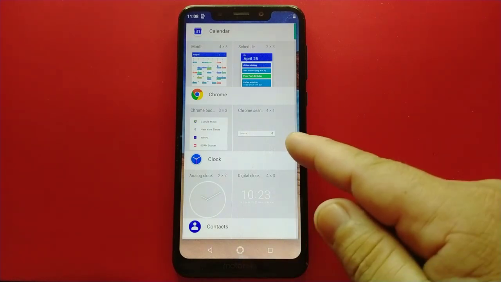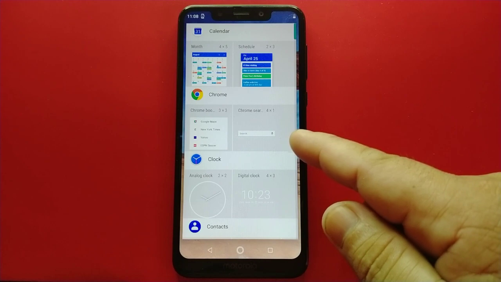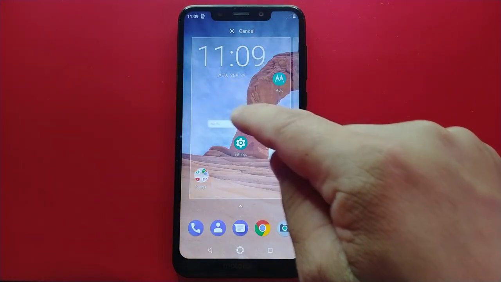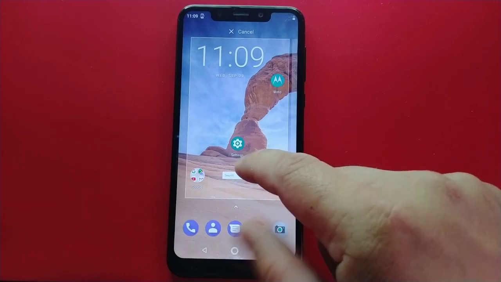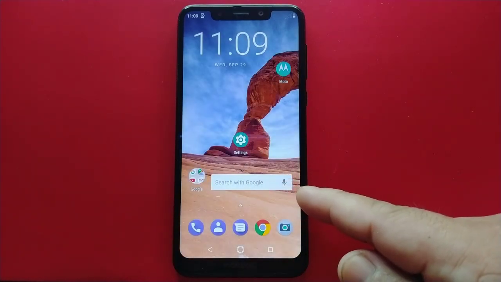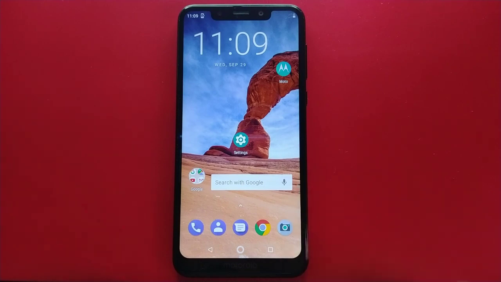And okay guys, all you have to do is press and hold the Chrome search bar to add it to your home screen. And okay guys, now slide to select the position. And okay guys, release it. And okay guys, that's it. We have successfully added the Chrome search bar on your Motorola One